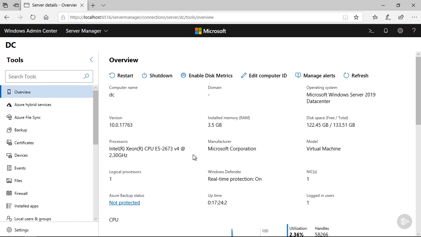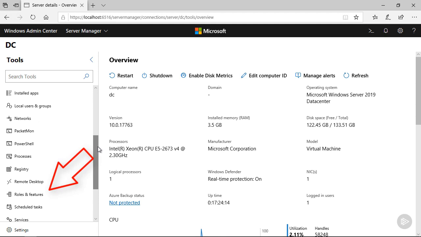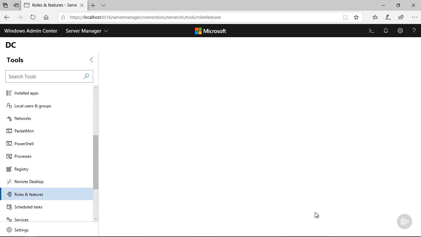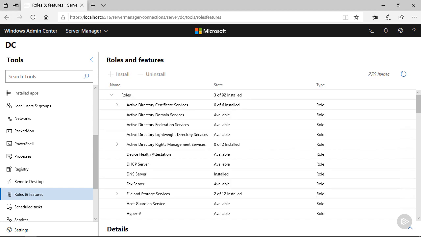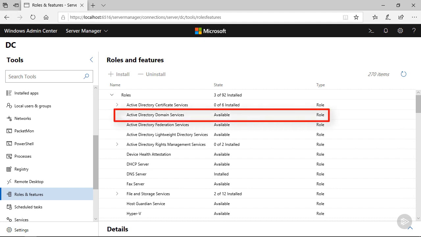Once DC's server management screen has opened up, if we scroll down, we are looking for the Roles and Features section. If we select Roles and Features, we can see a list of roles and features that are already installed, and roles and features that can be installed. This server will become the first domain controller for our brand new Active Directory Forest. Before you can promote this machine to become a domain controller, you must install Active Directory Domain Services. Here you can see Active Directory Domain Services available. So if we select that role